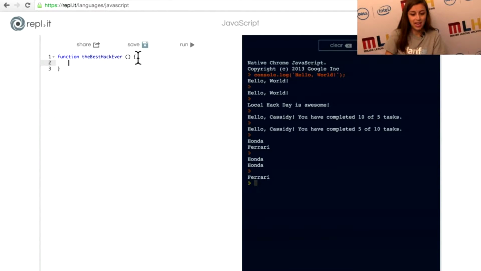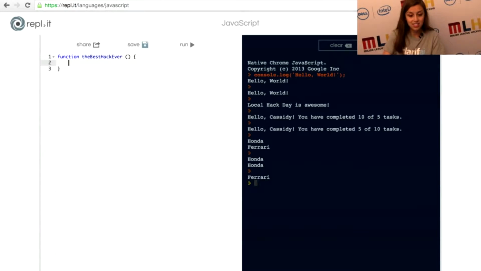And if you'll notice, I have the two parentheses there. I have the word function, the name of the function, two parentheses, and then curly braces. Now, if you'll notice, there's one curly brace on the same line, and then there's a closing curly brace on the bottom line. Now, what all of this means is function declares that the next word there is going to be the name of a function. In the parentheses, that's where parameters will go. And I'll explain what parameters are, but we'll just leave it empty for now. And then those curly braces are whatever is inside that function.